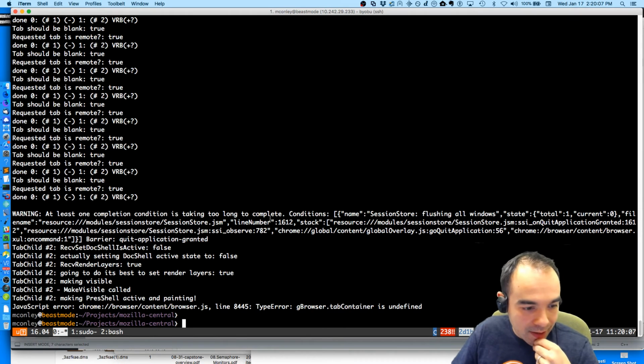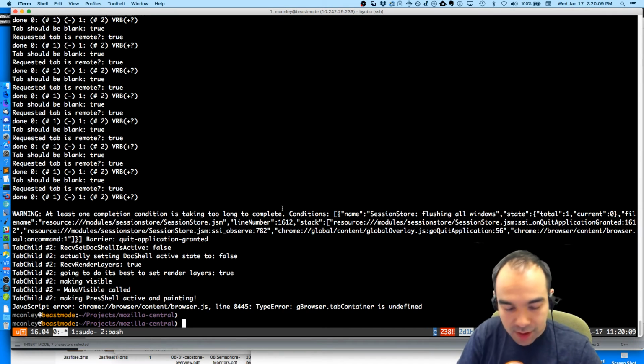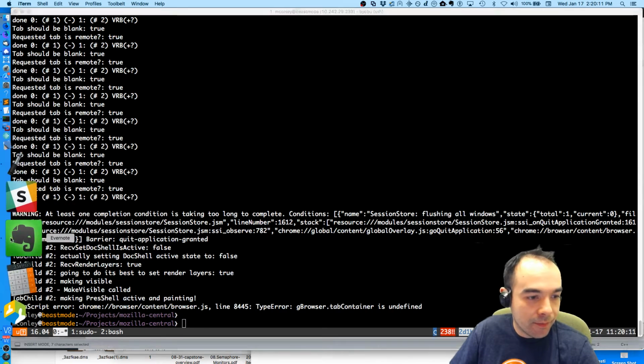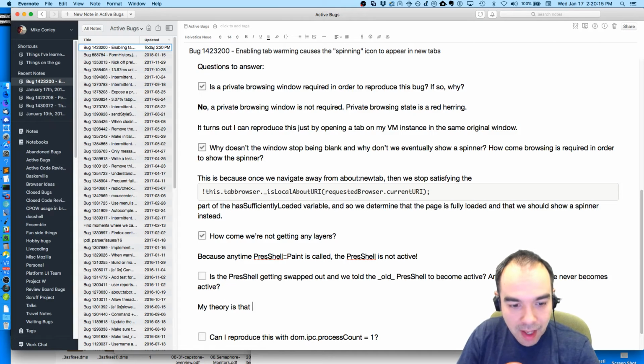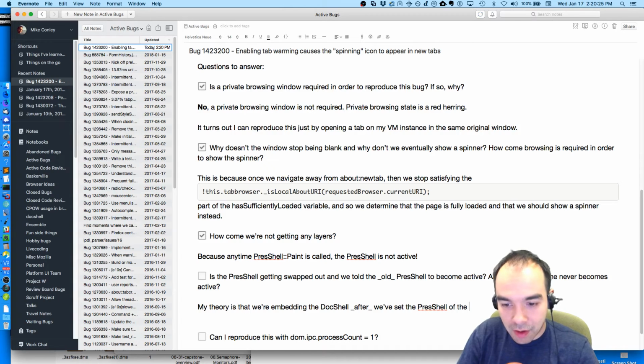So let's see here. If the debugger's not going to give us clues, then here's my theory. My theory is that we're embedding the doc shell after we've set the pres shell of the initial content viewer to be active.